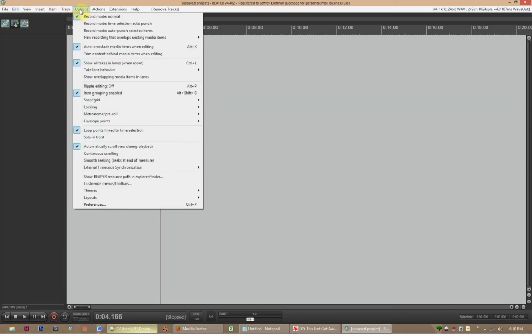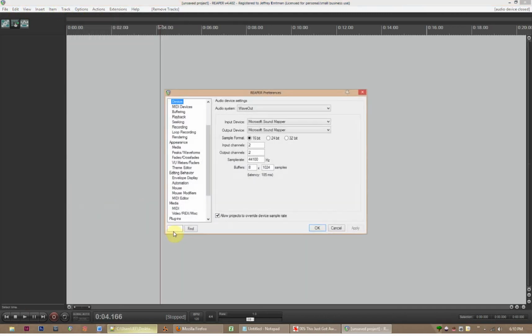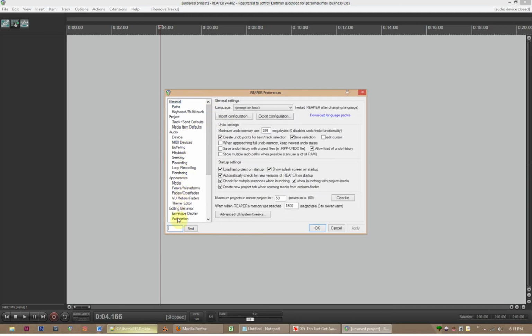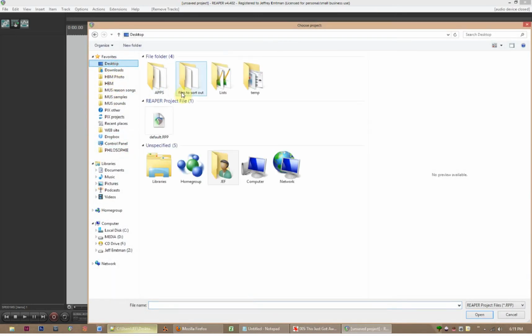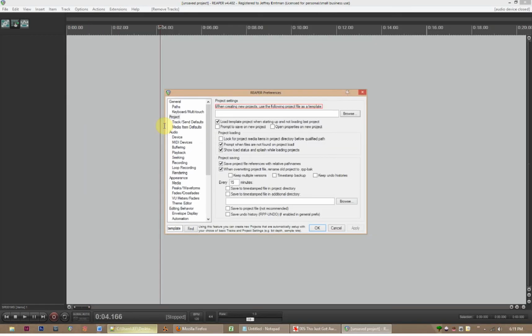And I say that because Reaper's preferences have a search bar, and this is so helpful. You're going to see why here in just a minute, because there's a ton of things you can change in here. But what we want to do is we want to make that template that I just created called default, we want to make that the one that loads with every new project. And so you can just type it in here and hit search. Excuse me, you can hit find. So when creating new projects, use the following project file as a template. There we go. Go to my desktop, find default,